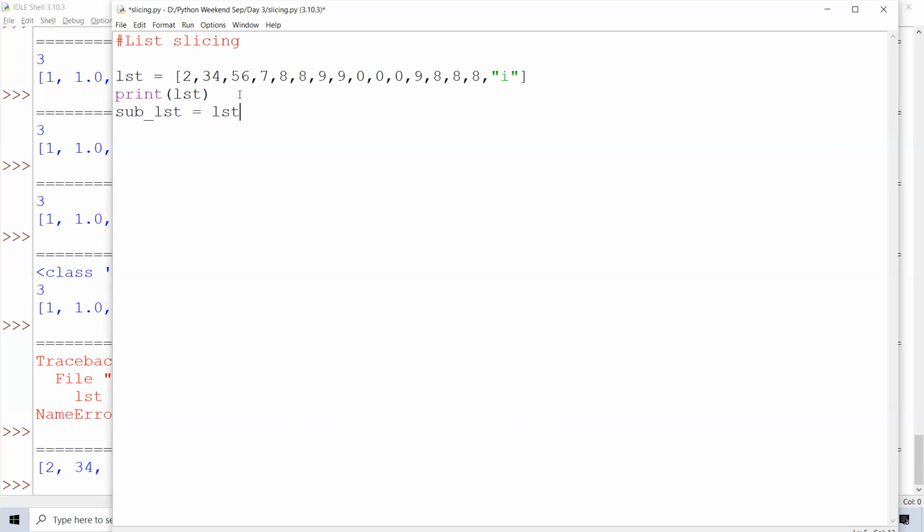We give the list name and use the same square brackets, and here I will use a colon and give the index. Basically this 0 is the starting index we have to give, and then the last index. It will exclude the last index. For example, if we give 3 here, it will take till 2, that is 3 minus 1. So if we print this list,